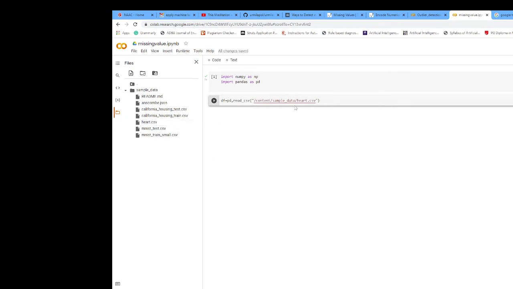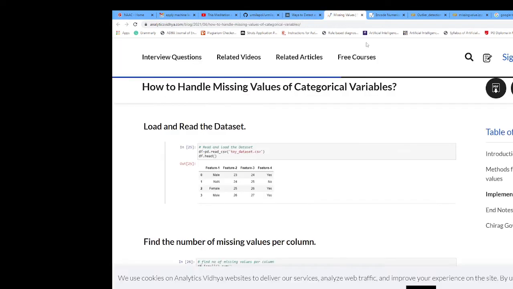You can copy the path and include it here. Then the next statement, df dot head.